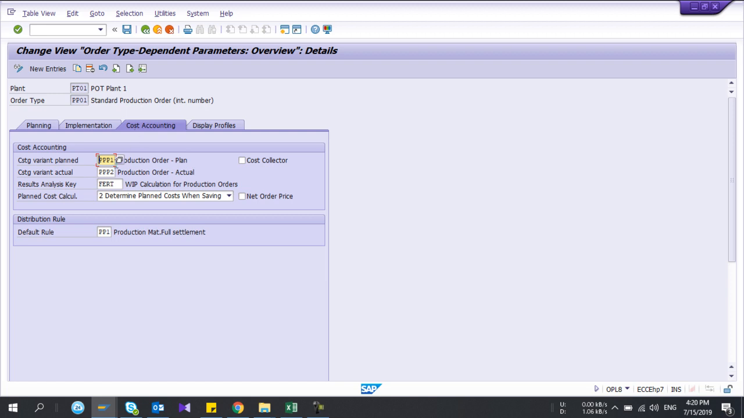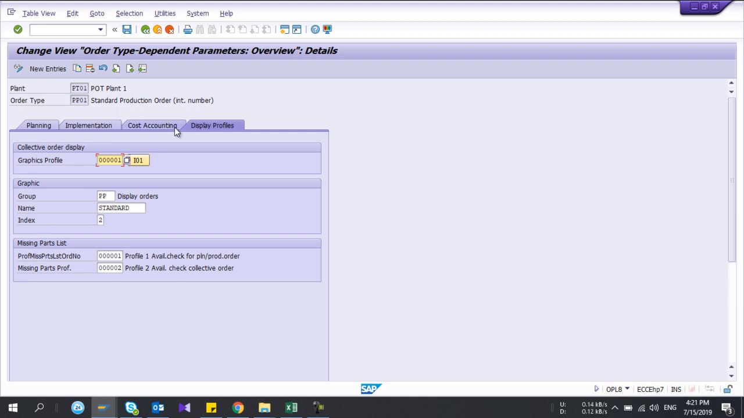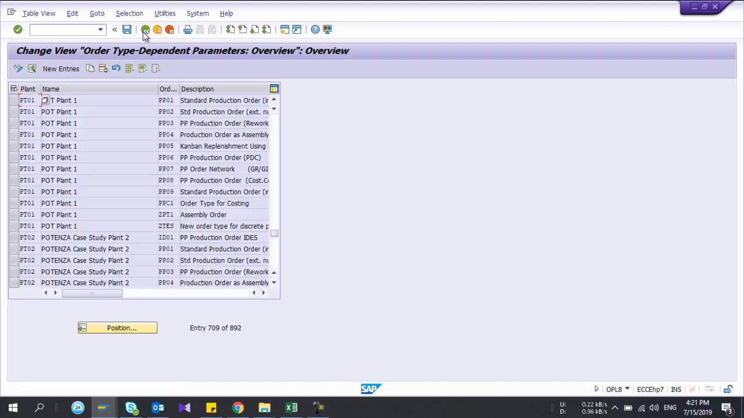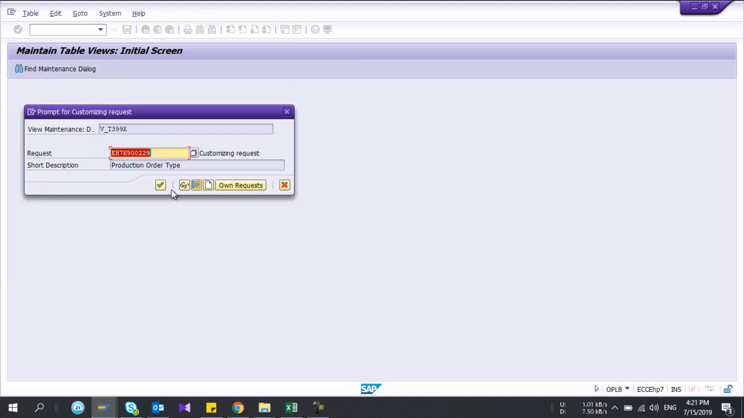and the cost accounting, you better not change anything. If you need to change anything, get your CO consultant's help, because these are the things that come under the CO controlling module. Display profiles, no need to change anything. Okay, now that step is done. Okay, I save it,